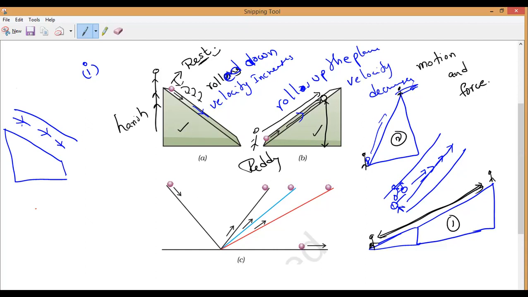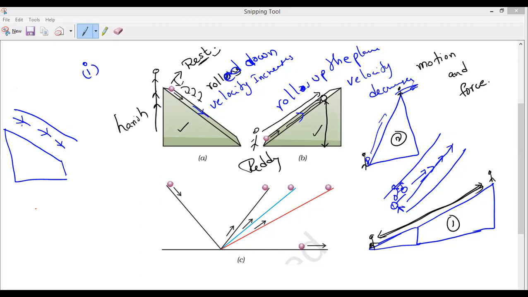So that is the second conclusion made by him. If the inclination of any one of the planes varies, then the ball will attain different heights. Yes or no, guys? Yes, please respond. Yes, sir, based on the plane inclination, the ball height will also vary. That is the second conclusion. Please, all of you note it down.